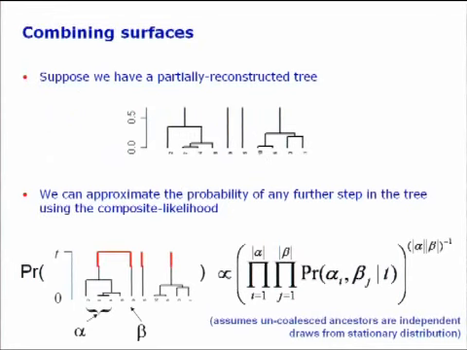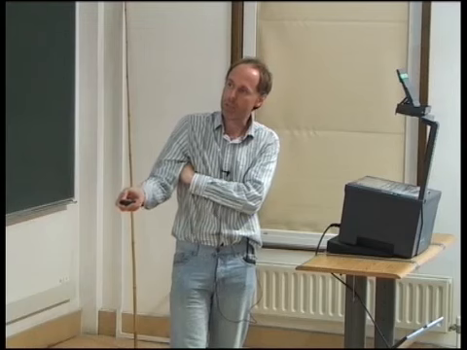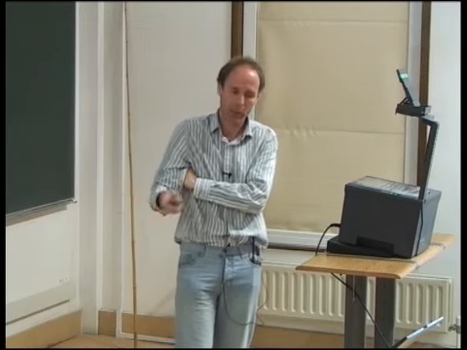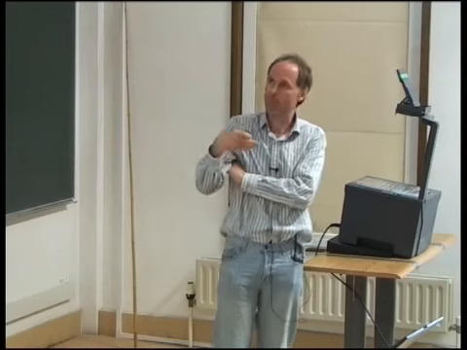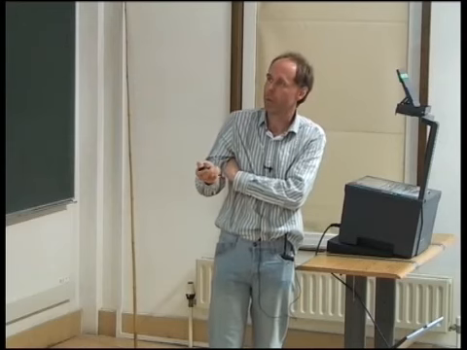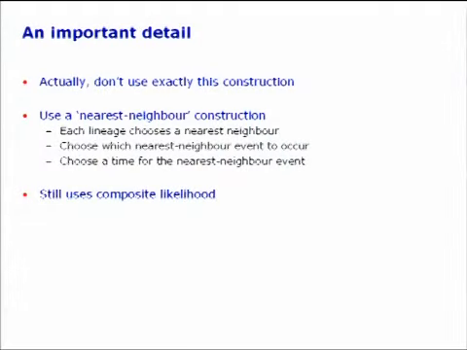Now there's an important detail. I'm going to use the composite likelihood to calculate the probability of further steps in the tree. You could imagine considering every possible further step in the tree and then choosing among those in some way. I'm actually not going to do that exactly. I'm going to use a slightly different construction, which I refer to as the nearest neighbor construction. The reason for doing this is that it gets over certain biases that the alternative construction has. This nearest neighbor construction is actually just a reconstruction of the coalescent process,